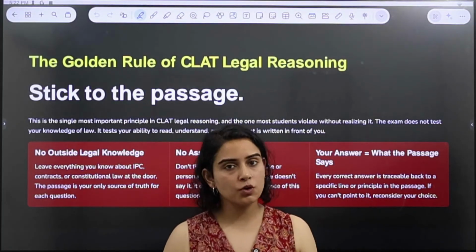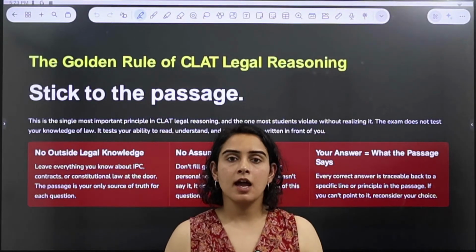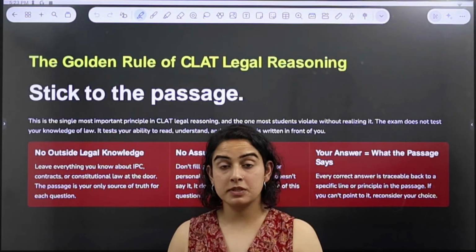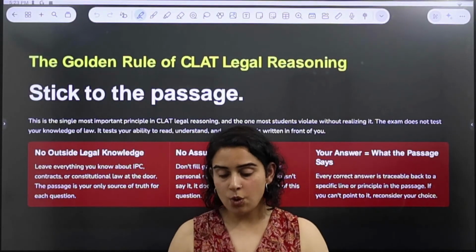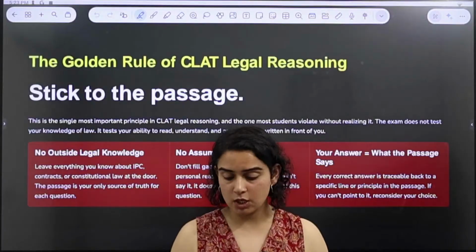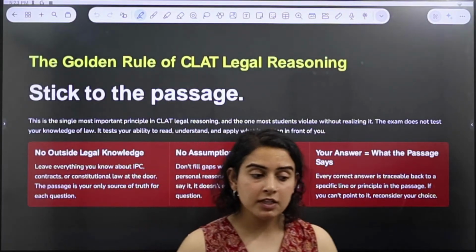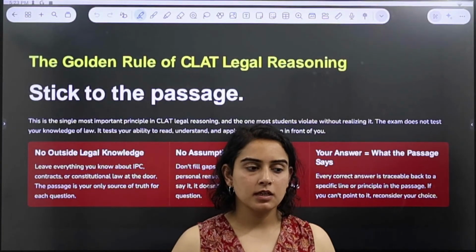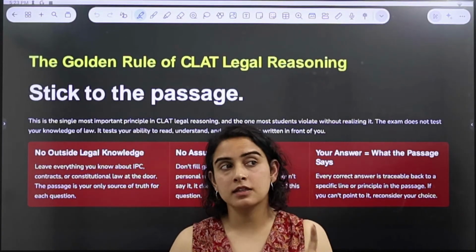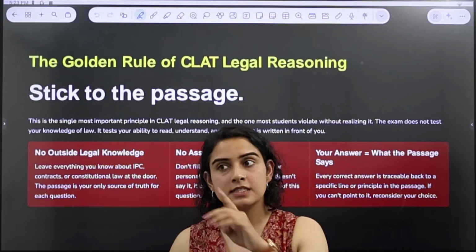So reading is, of course, going to take time, right? And by reading, you have to identify the principle, and you only have to apply the principle that has been given there. No outside legal knowledge is required. And even if you are reading the passage and you are thinking that, okay, maybe this should be the answer, but the real life law says something else,